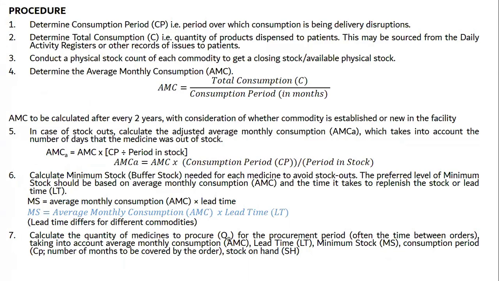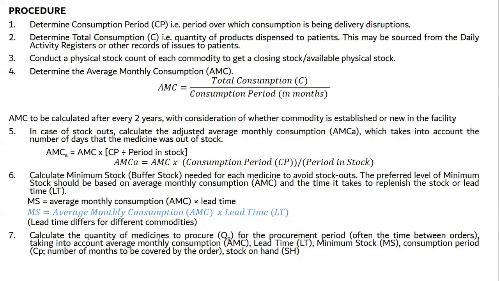So determine total consumption, that is the quantity of products dispensed to patients. This may be sourced from the daily activity registers or other records of issues to patients. Then you conduct a physical count. You need to know what you have in stock. So you conduct that physical stock count. Then you determine